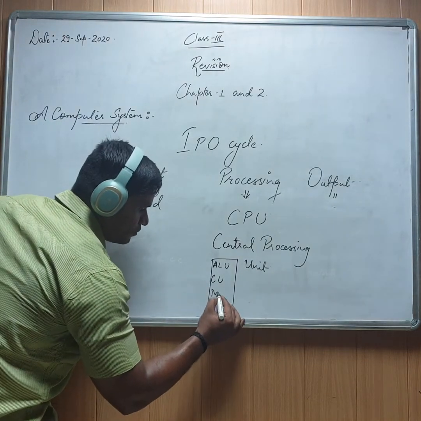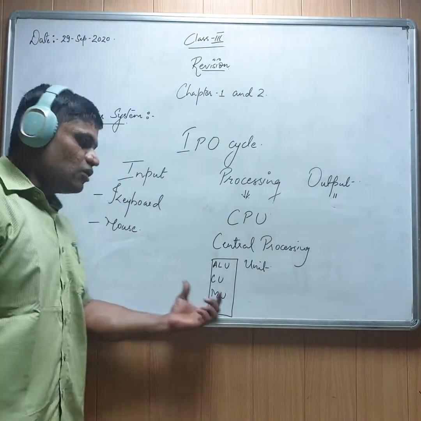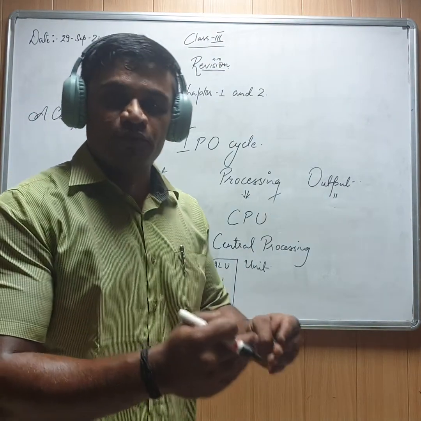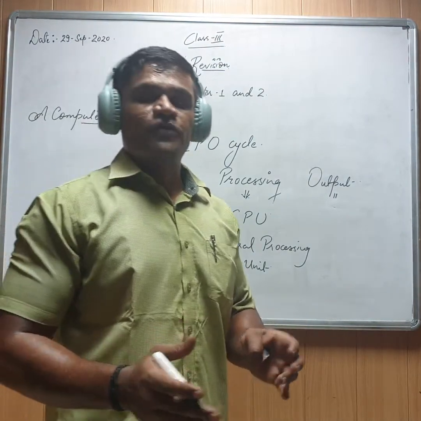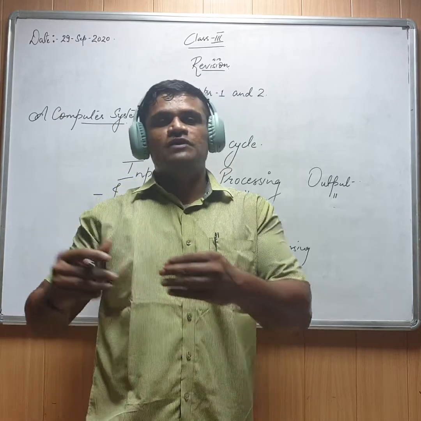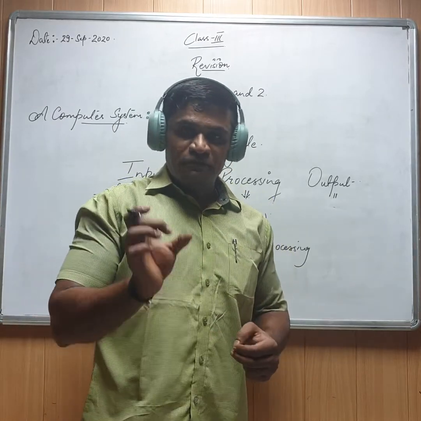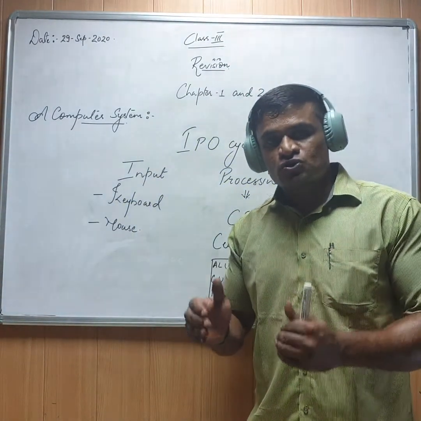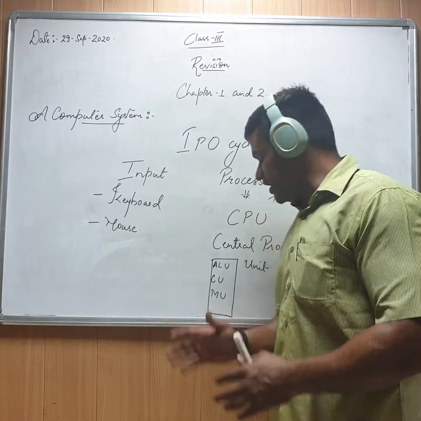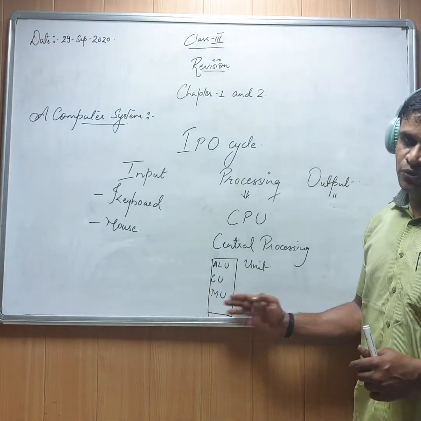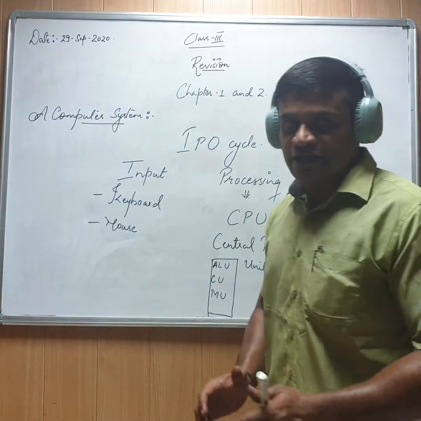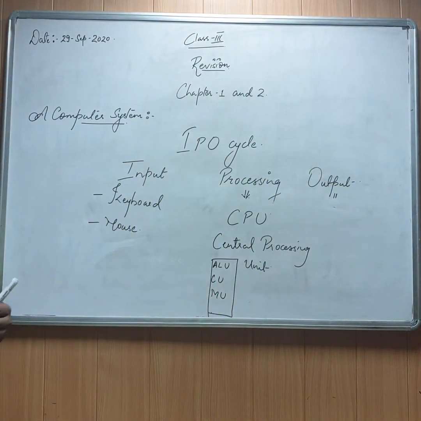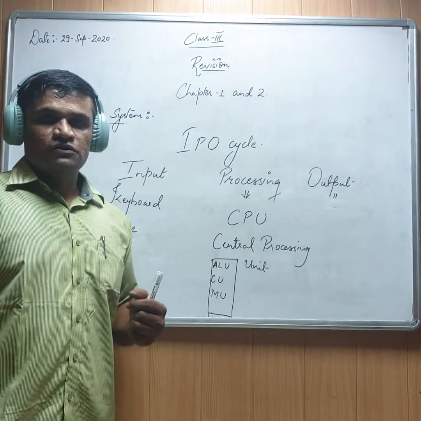Then we have MU, that is memory unit, where we store the data values which may be used for further processing, further calculation, or any other use. Before calculating or processing, the computer stores the data in its memory unit, and as per its requirement, it retrieves the values from the